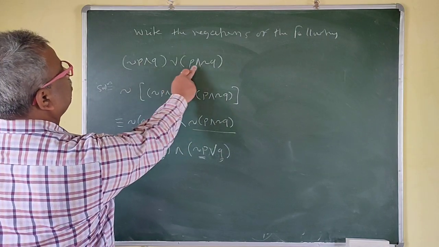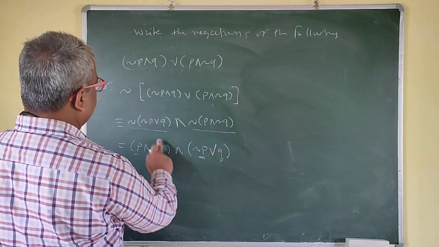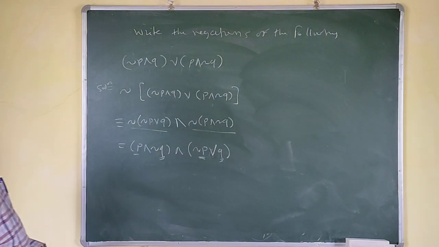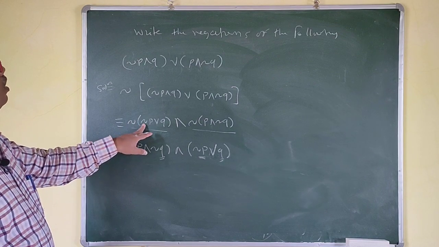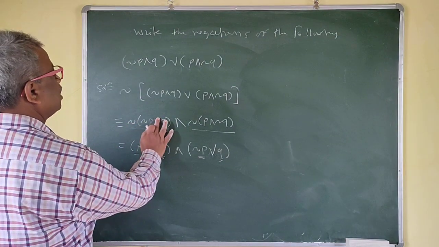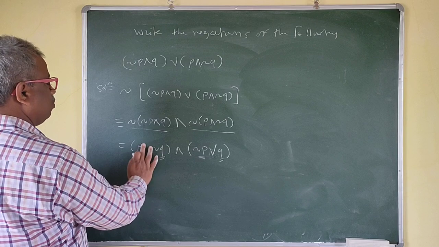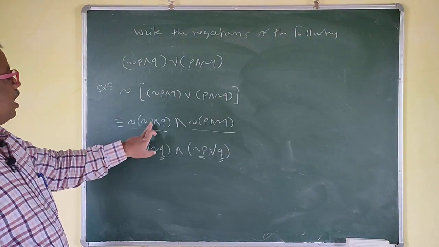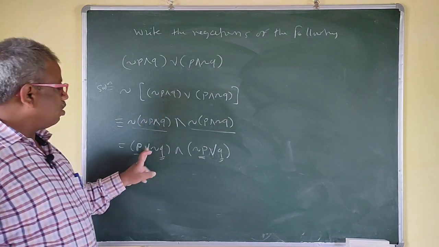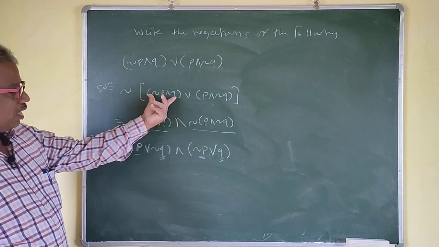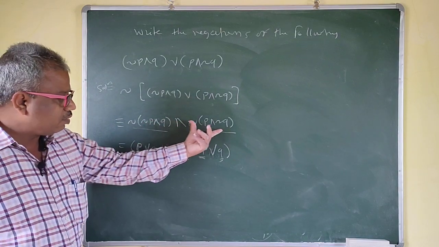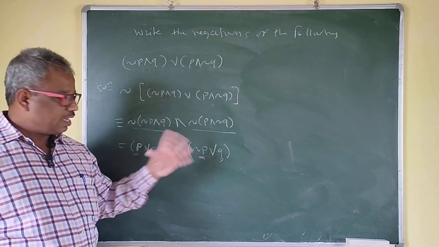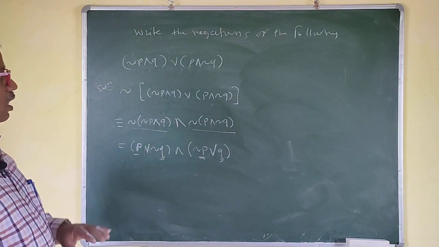See here, P and P, and this is or. Okay, negation P and Q is there, so this will be or now. P and Q is here, P and Q is here. So negation all of them. Okay, we are correct now. This is negation P, negation this one. We have to take care now. Even I am also making the mistake, so take care of this one. Now this is correct.